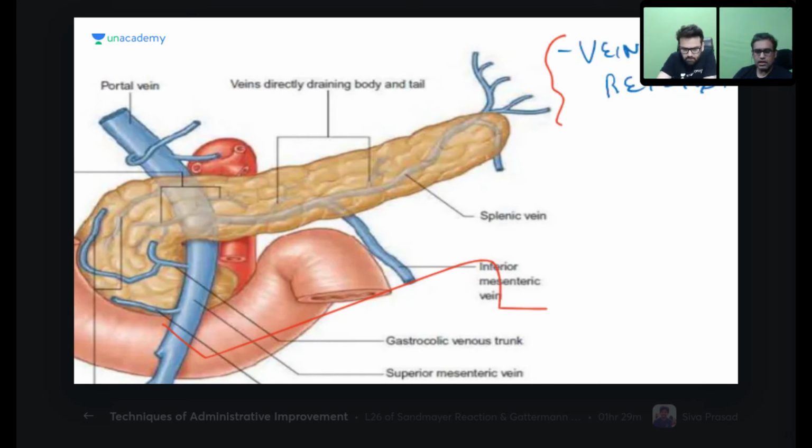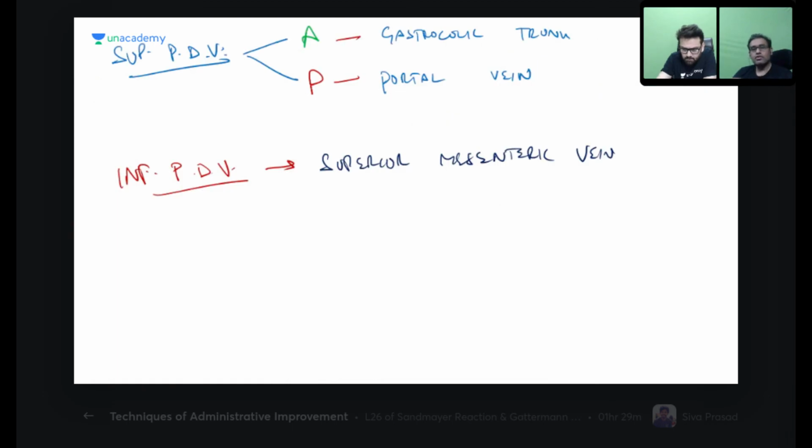Okay. Yes, this was what I was telling you, that the superior pancreaticodorsal vein, where the anterior and posterior veins are drained. There is a new term which is gastrocolic trunk. You can look at that anterior superior pancreaticodorsal vein, gastrocolic trunk. The gastrocolic trunk is actually the gastro and the colic veins which are draining into the superior mesenteric. The gastric is your left gastroepiploic vein and colic is your right colic vein. So when those two meet, they form a trunk known as the gastrocolic trunk. Just remember its name, gastrocolic trunk.